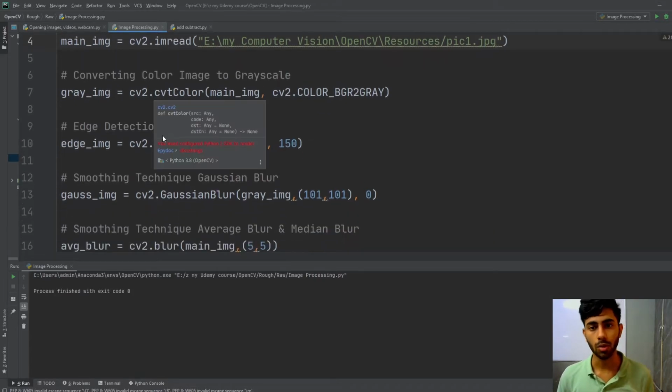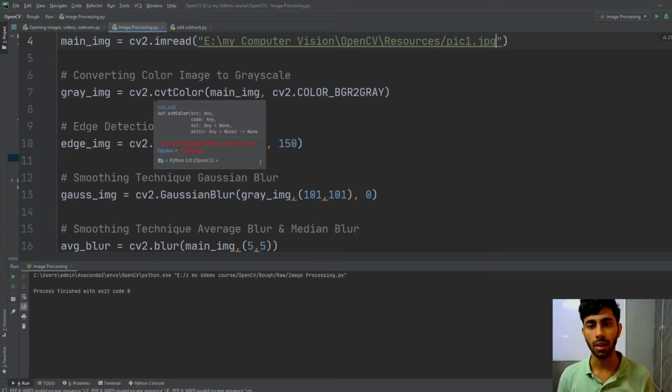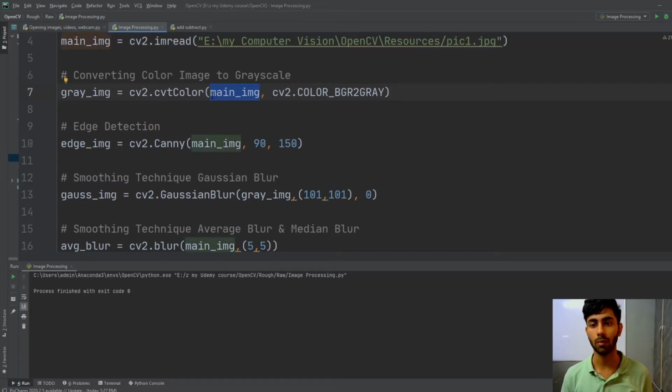Now my first operation is to convert this original image, that is a colored image, into a grayscale image. So to do that, all I need to do is use a method that is cvtColor, where CVT is an acronym for convert. So I'm going to use the cvtColor method, and inside this I have to pass my original image, that is the image that I want to convert to grayscale, and then I have to pass another value, that is cv2.COLOR_BGR2GRAY, that is convert the BGR color, that is blue green red channeled image, into grayscale.